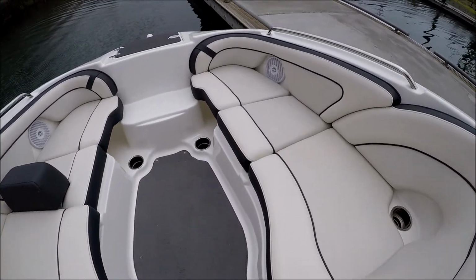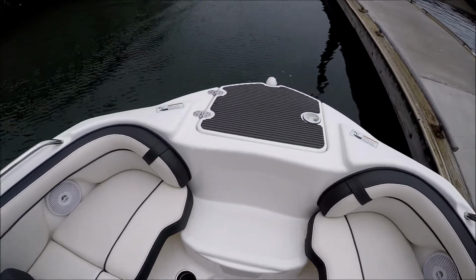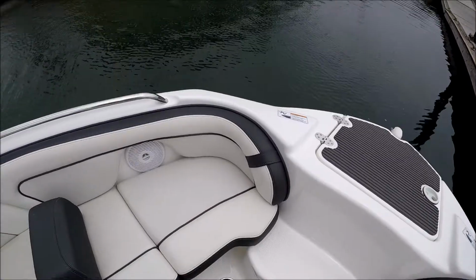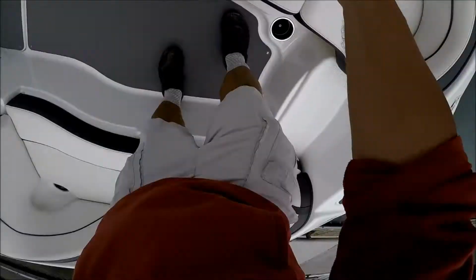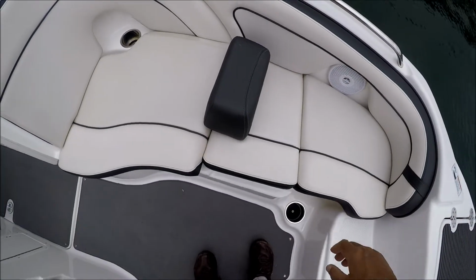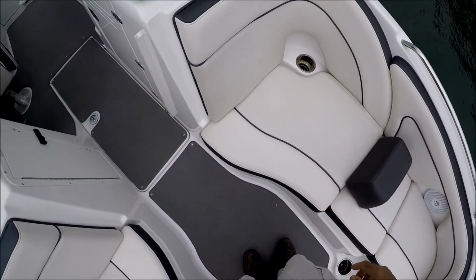Forward, you see we've got our seating, step, that's the bow step I mentioned earlier. Yamaha adds these headrests here, which actually fold down underneath. Moving back,